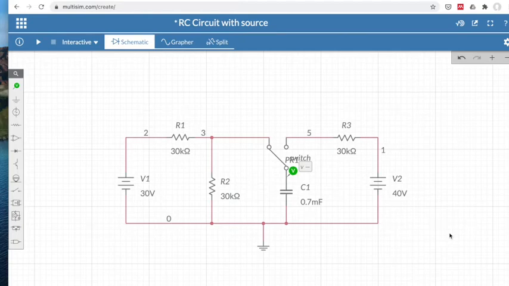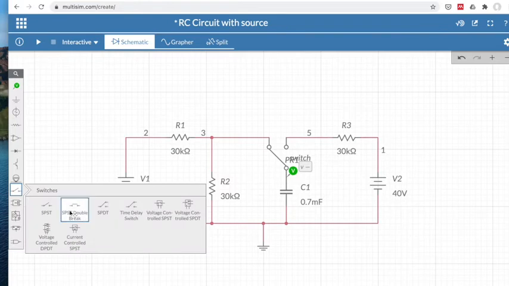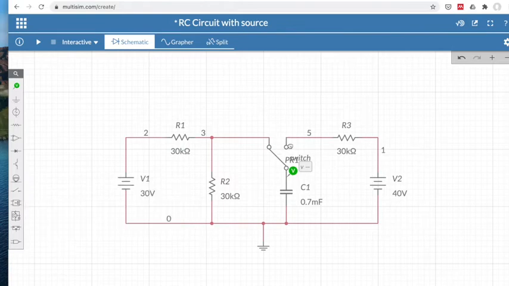with source. So again, I've assembled the circuit already and it is ready for simulation. But before that, the switch that we are using here is a single pole double throw switch, SPDT. This is characterized by having two throws for a switch. So the voltmeter is already connected